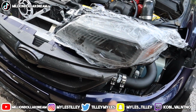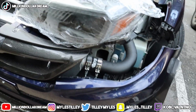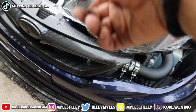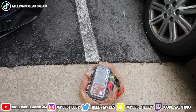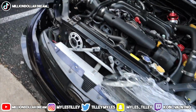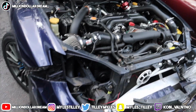So remember, put on your brackets. It's also a 10 mil, just like every other bolt. Literally for this whole install, all you're gonna need is a plier so you can do the push pins, or use your key if you want to be ghetto like me, and a 10 mil socket. That's all, with a wrench and an extendo. That's all you need. I'm just out of breath because it's hot as fuck, but other than that,